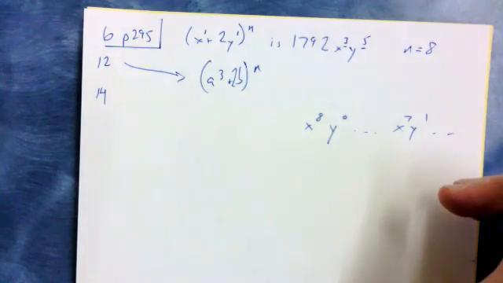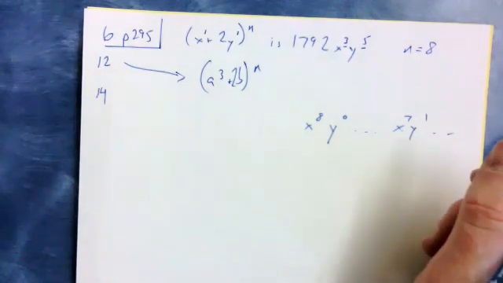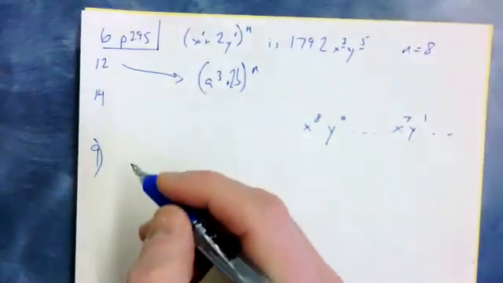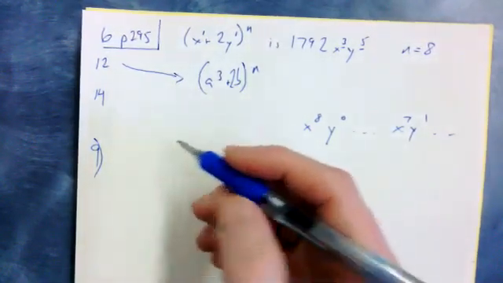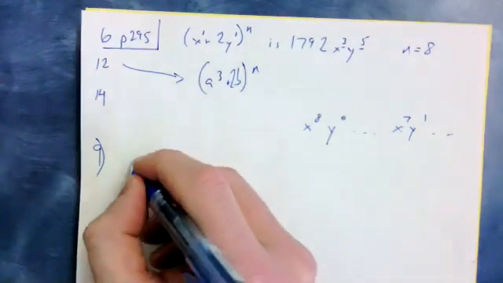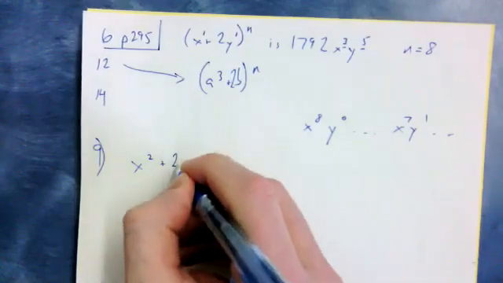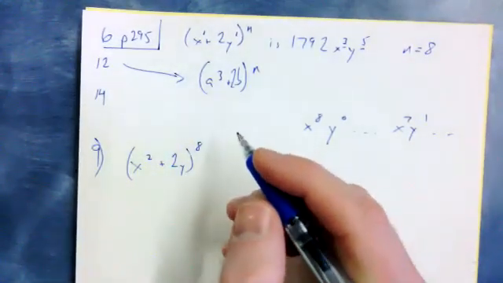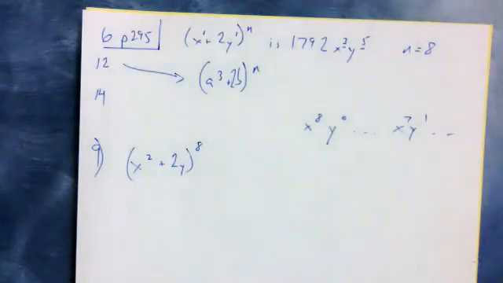Gavin, oh, Jamie just unmuted herself. Pardon me? Would you do question 9? I can. Number 9. Find the fifth term in the expansion of the following binomial. Okay, so (x^2 + 2y)^8. Find the fifth term. Okay, so I don't remember the formula,